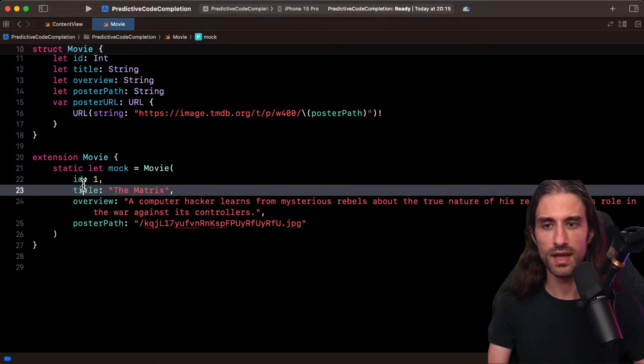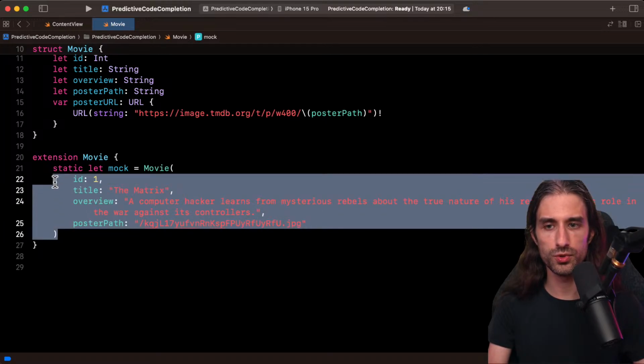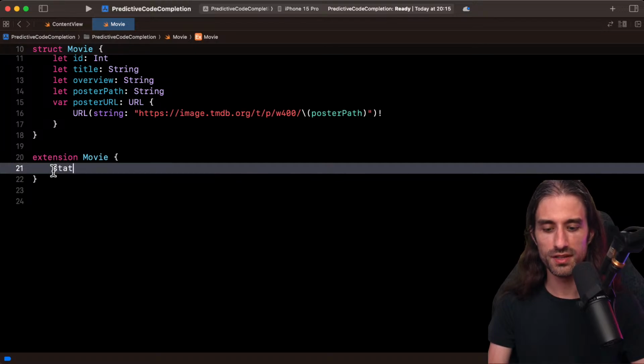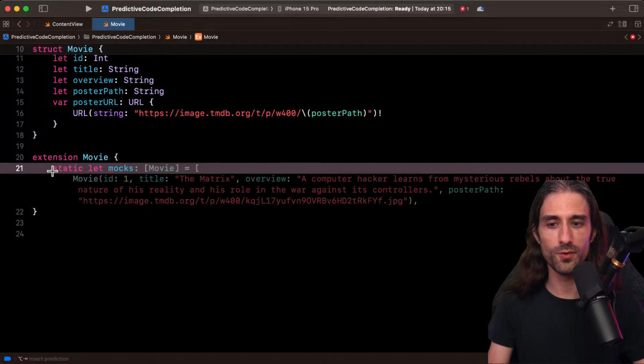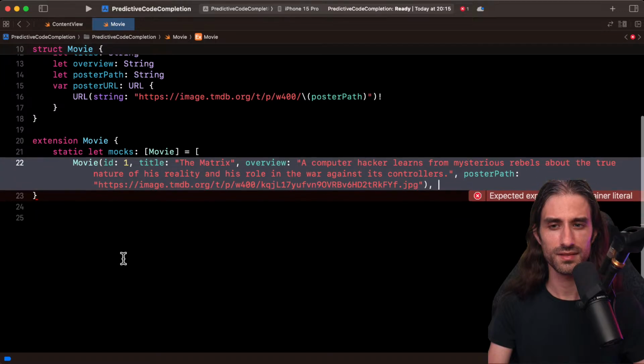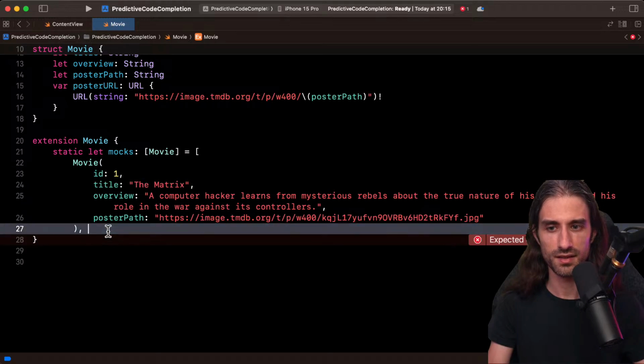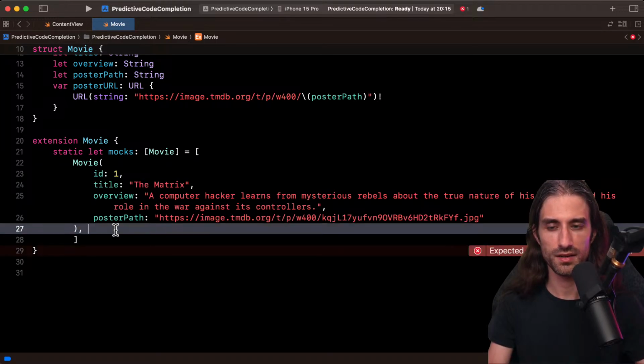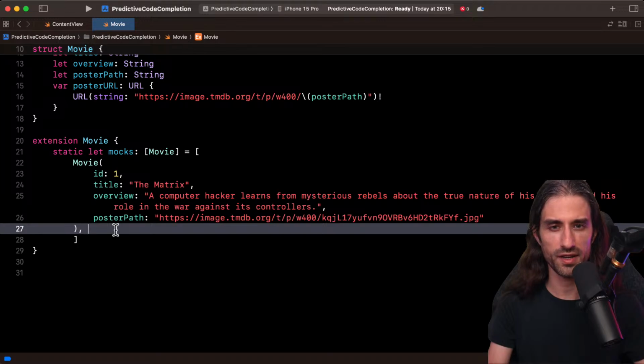Like that. And one thing I want to do just to see if it works is that I'm gonna do static let mocks this time. I want to see if it's going to generate an array of movies. So for now there is only one movie, but maybe it's still thinking. I don't know. And then here maybe it will generate a second movie. Let's see. Maybe if I add a space. Or maybe if I do something like this, and if I fix here the missing angle brackets, let's see.